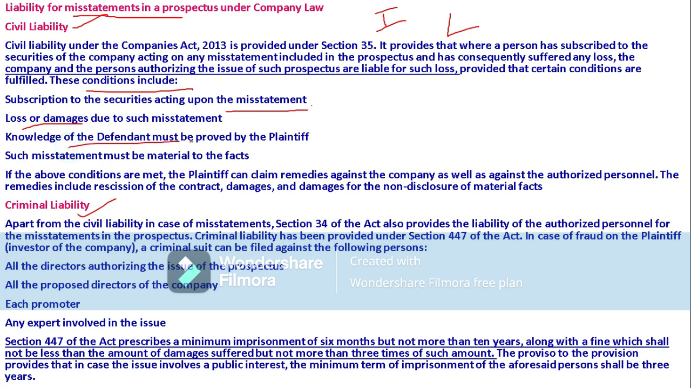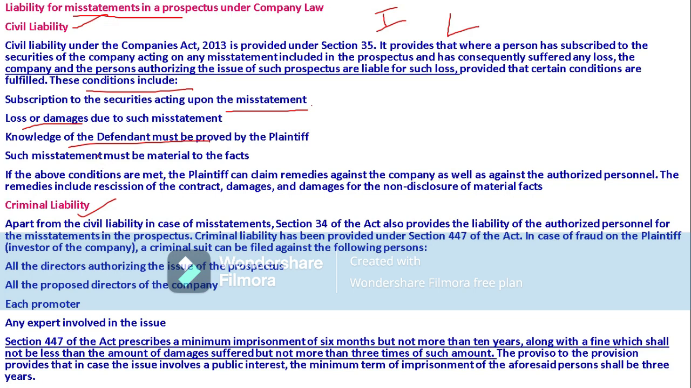And knowledge of the defendant must be proved. Whether the investors have invested in the company knowingly or unknowingly. If the investor knows that the company is making a misstatement, and even though he purchased the shares or securities, it is not considered, and then the company will not be liable. But when the investor does not know anything about the misstatement or about the disclosures of information regarding the company, this can be considered by